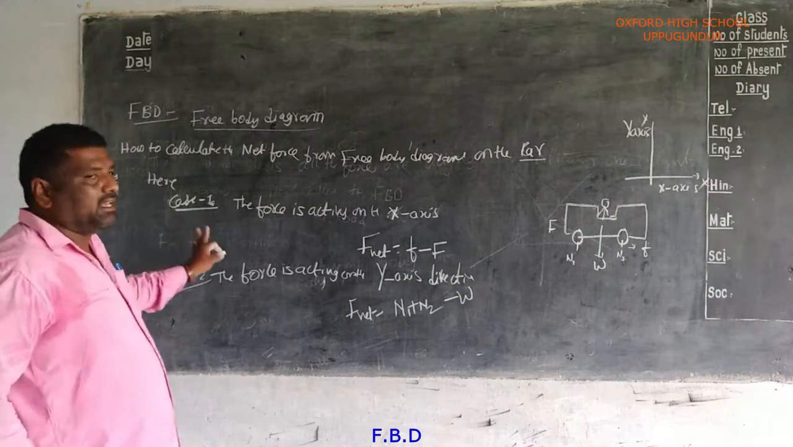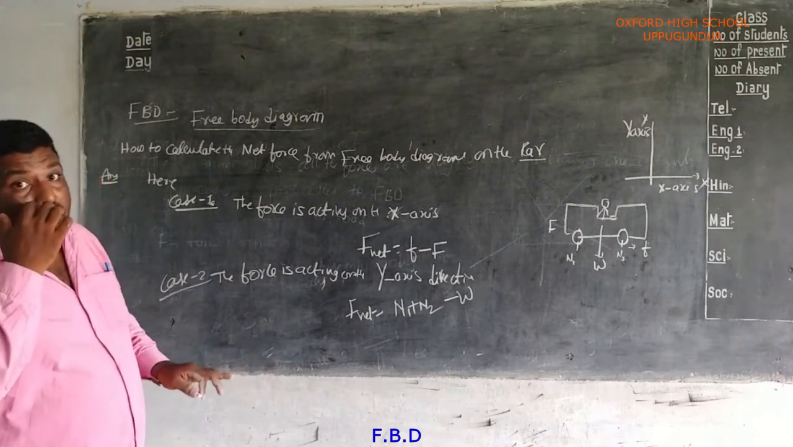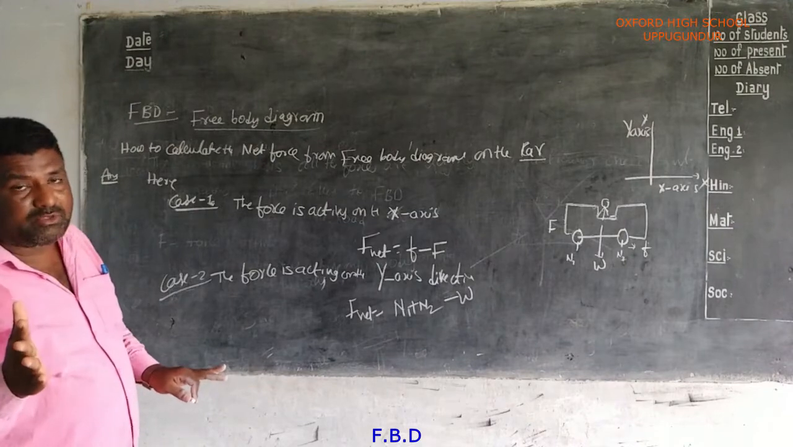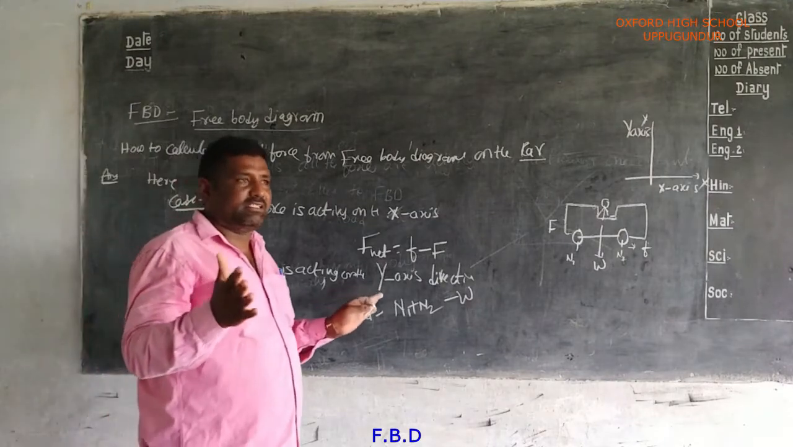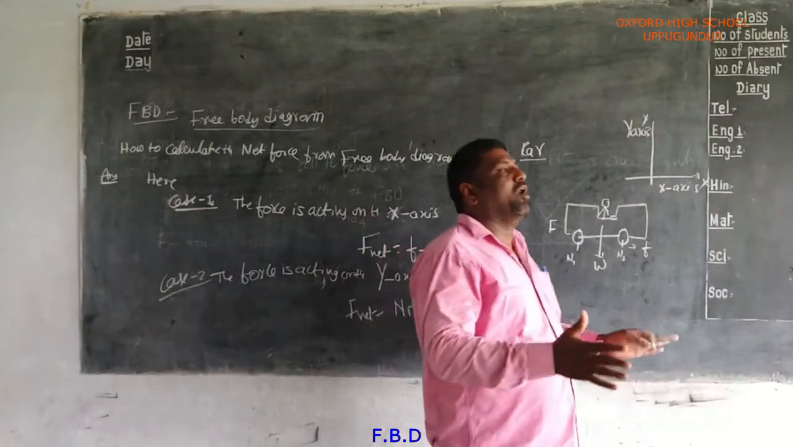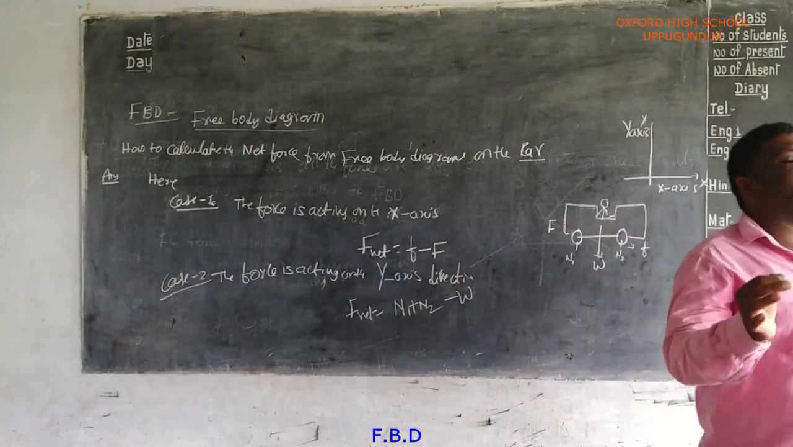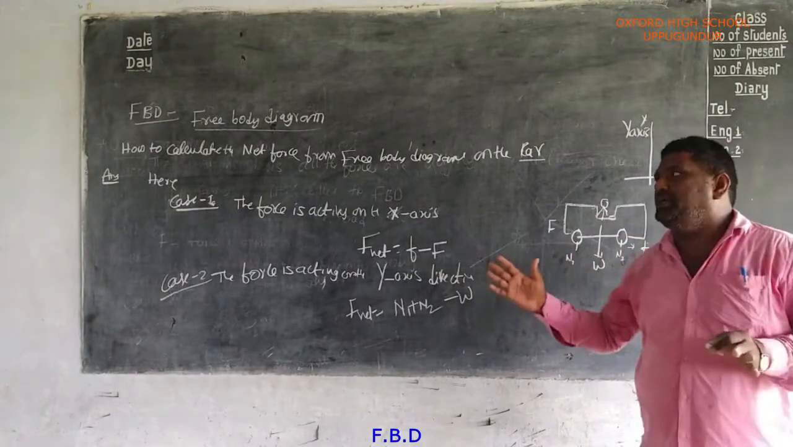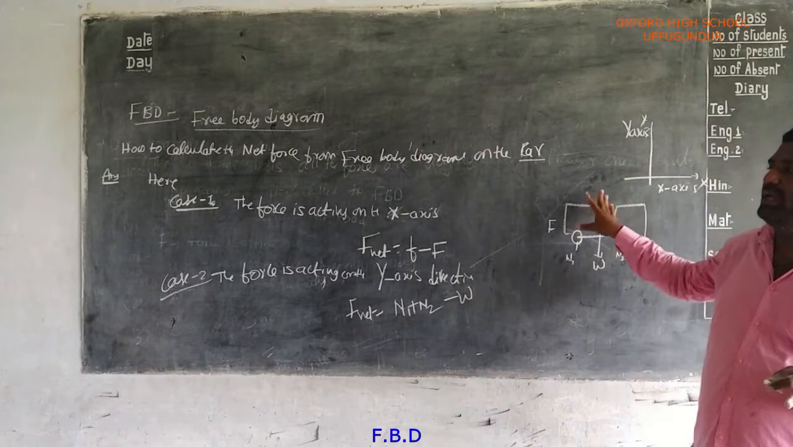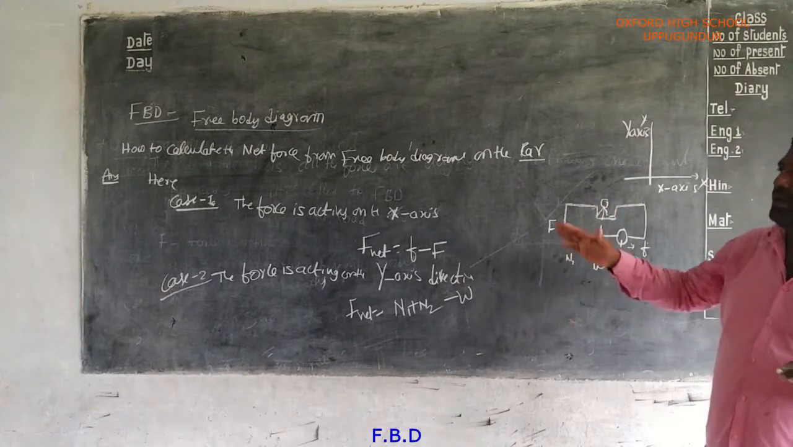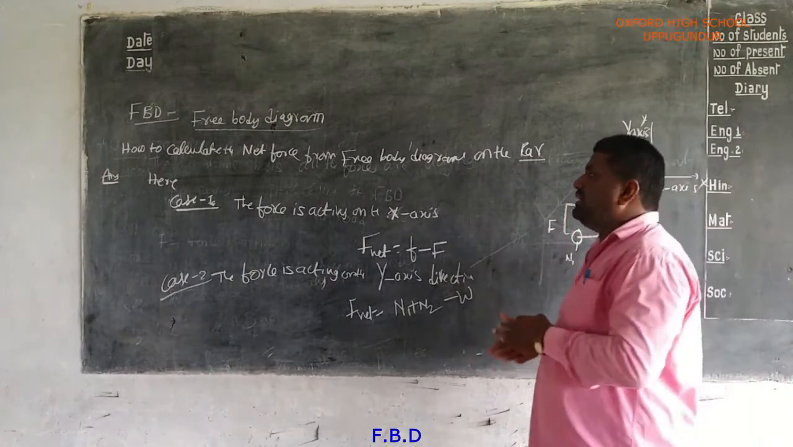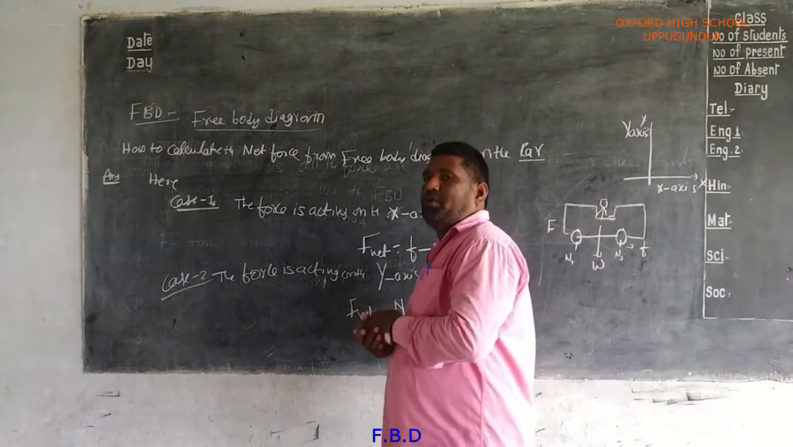Okay. Once again, what is the definition of a free body diagram? The diagram shows all the forces acting on a particular instant of the object. This is called the free body diagram. Now, how to calculate the net force from the free body diagram